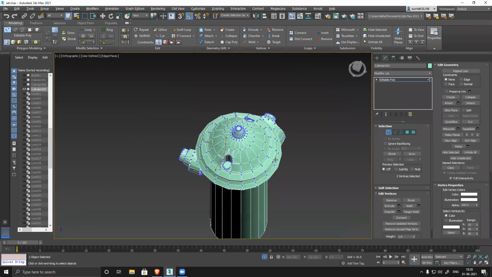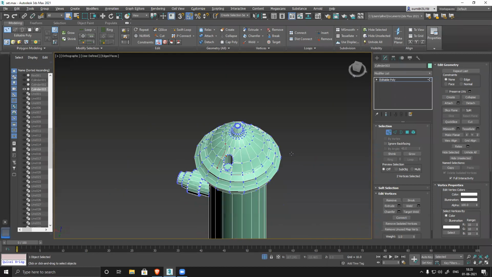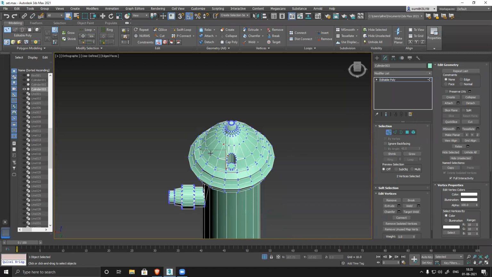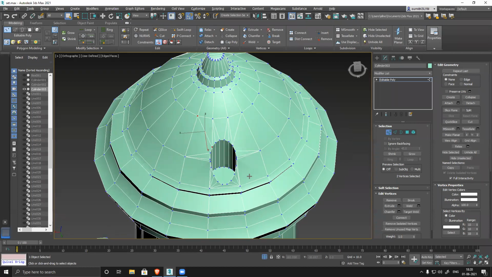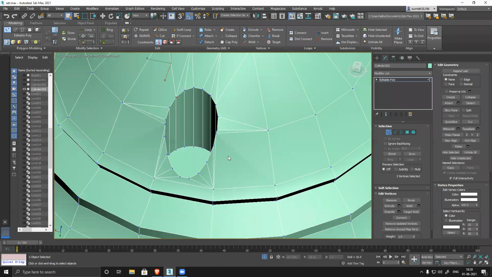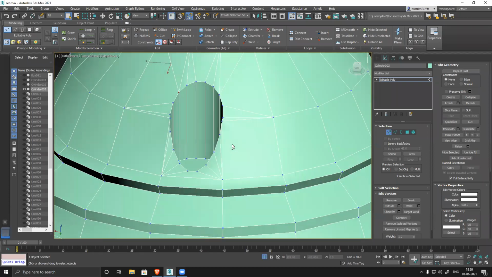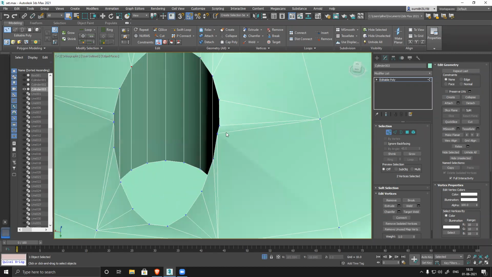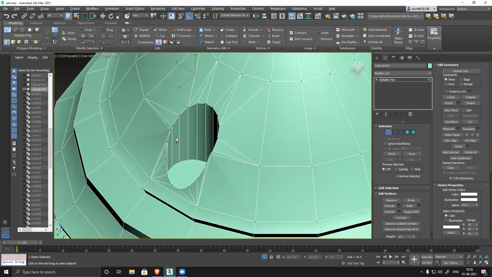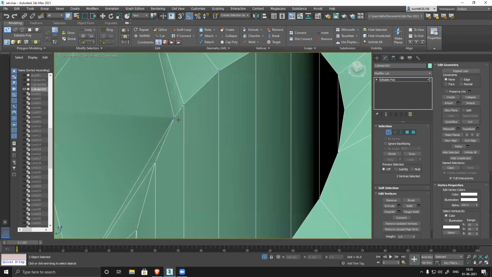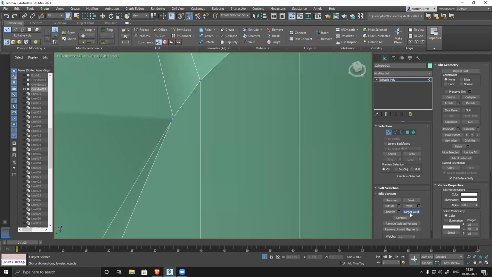You can see both the sides are exactly same. So whenever you have similar shapes or similar things, topology should be same, unless there's some really technical issue that you cannot do it. Otherwise it should be perfectly same. Now here also I can see, if I want, I can fix a couple of things here.